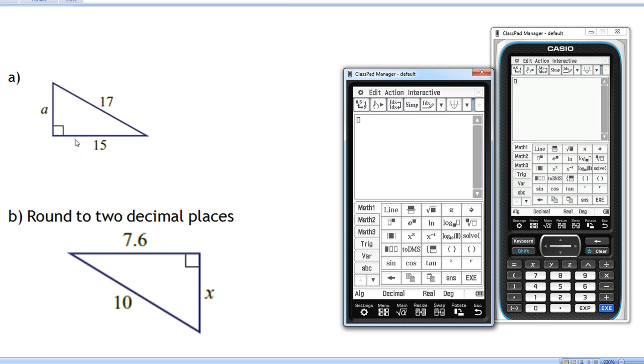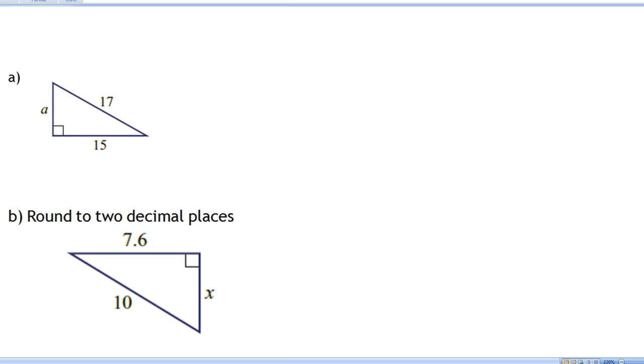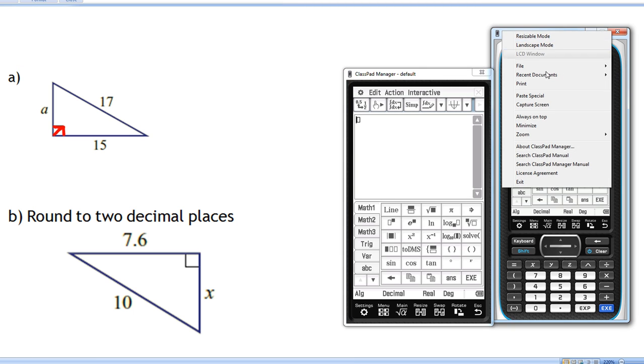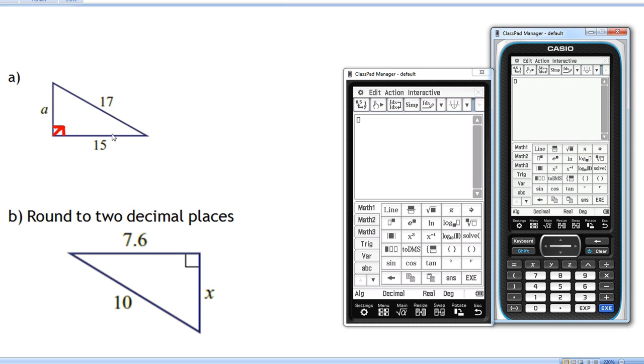Okay, so remember we know that this side here is the hypotenuse. The way we know that is that if I draw an arrow there, the arrow points to the hypotenuse, or the hypotenuse is always opposite the right angle. Okay, I'll just change this to always on top as well. Now, what we're going to do is just use Pythagoras' theorem as normal, so let's just write it